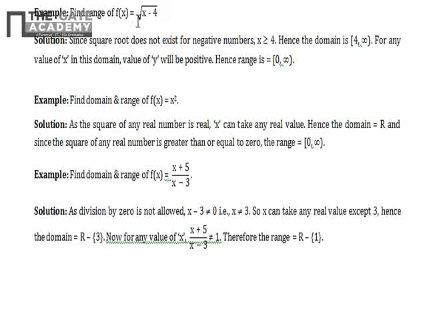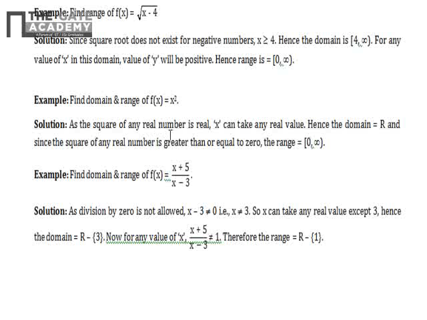Find the range of f(x) is equal to root of x minus 4. We know the domain will be x greater than or equal to 4. So if we put these values which are in the domain, that means 4 or greater than 4, we'll get a value of f(x) which will always be 0 or greater than 0. That means the range of this function will be 0 to positive infinity, and definitely, because if we put x equal to 4, we'll get f(x) is equal to 0. That means 0 is included in the solution.